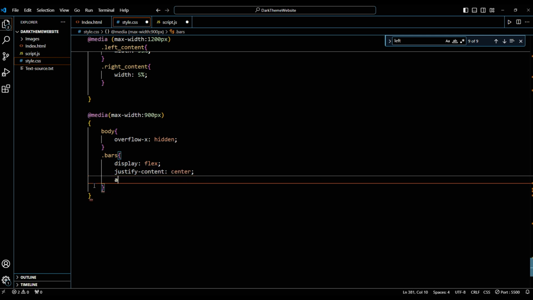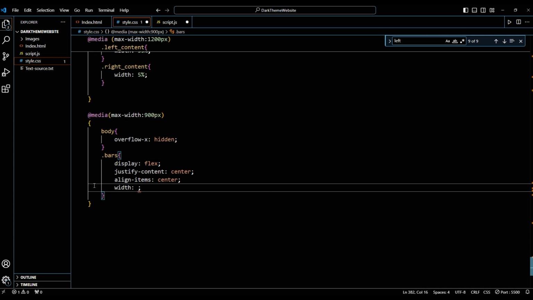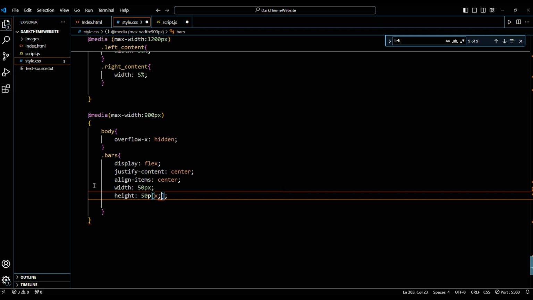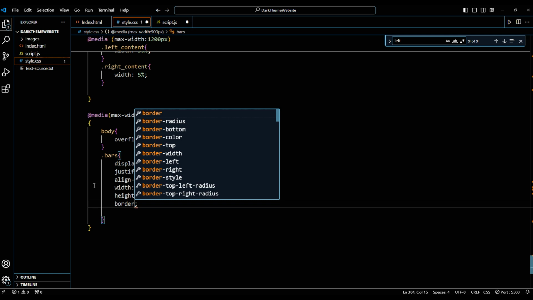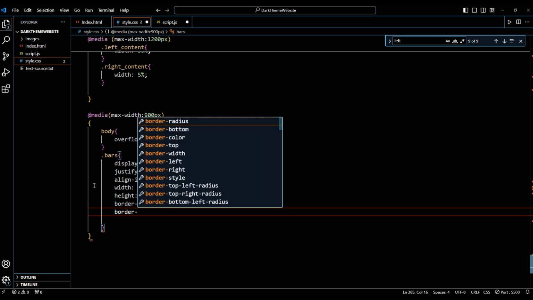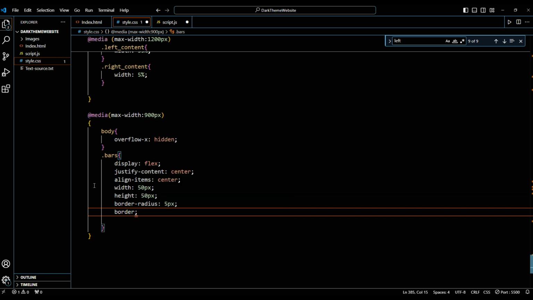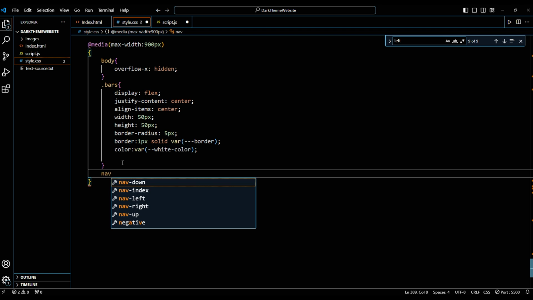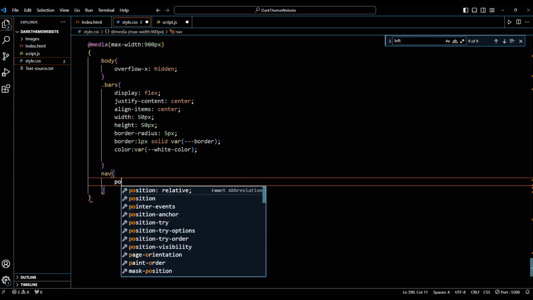Just right, height 50 pixel. So now this is for the small screen,